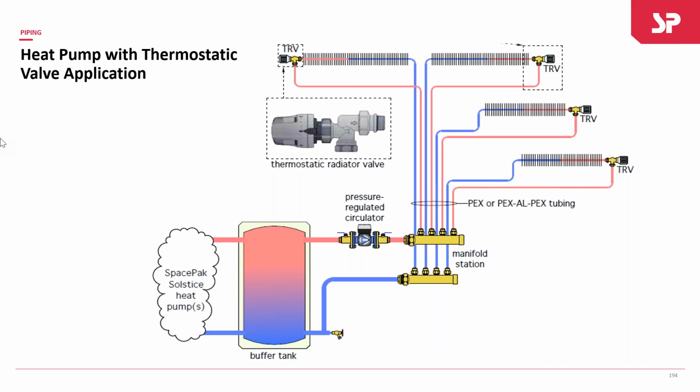We talked about how we're getting the energy from the heat pump to the buffer tank. Now let's talk about how we get that energy out. Generally we don't get too involved with this, because a lot of times the emitters have nothing to do with anything that we offer. We create that buffer tank of stored energy. What happens after that is something we're not necessarily aware of. However,